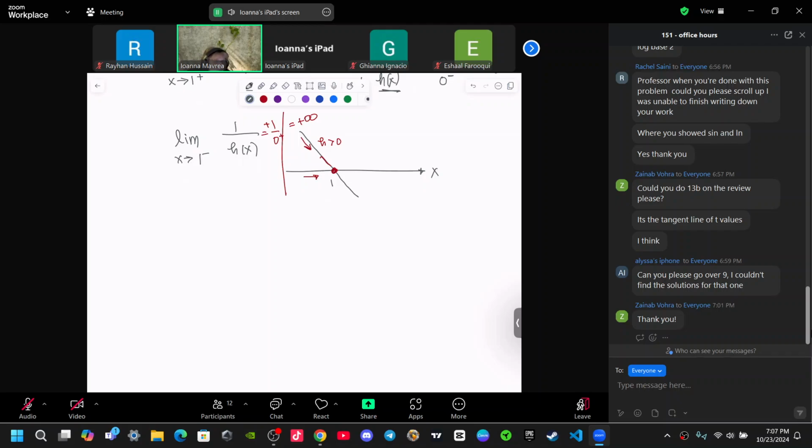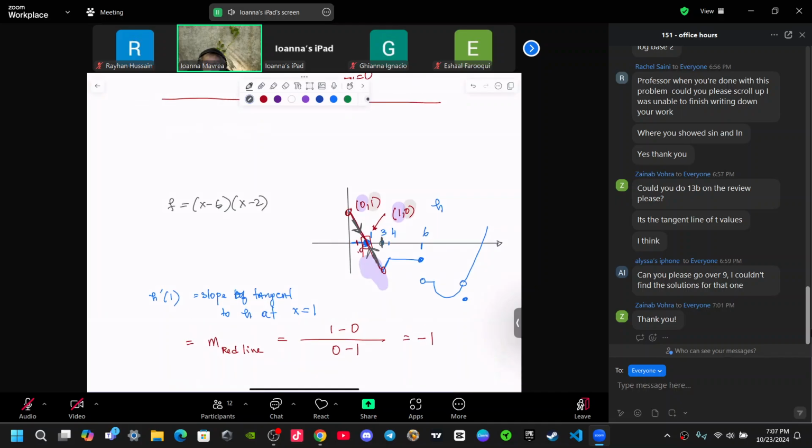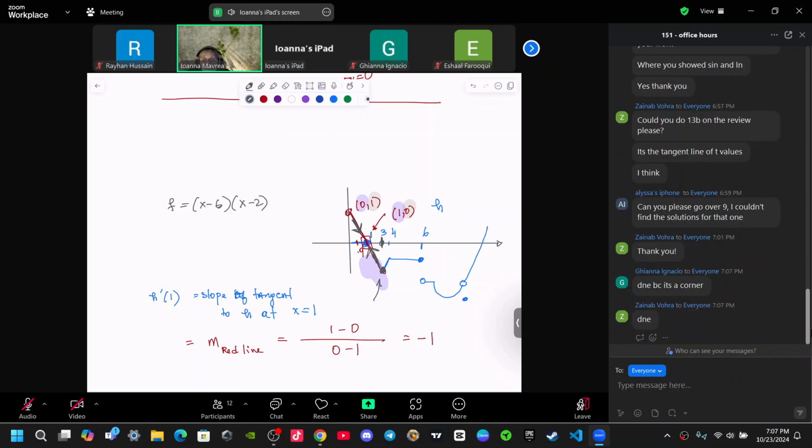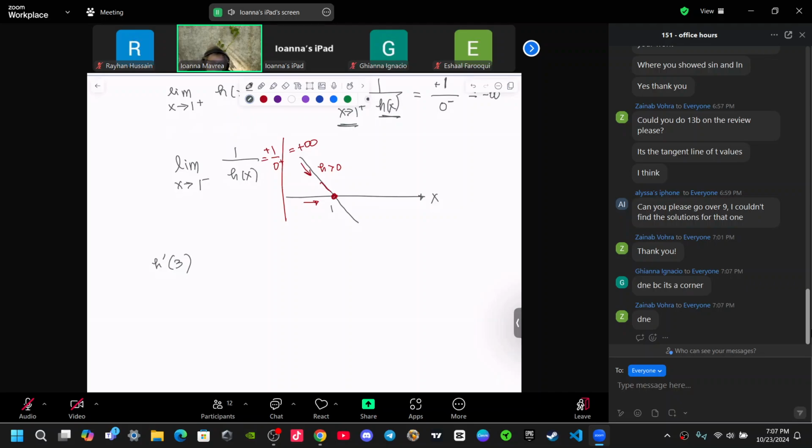Okay, fine. And then you have to find the derivative of 3. What's 3? So the derivative of 3 is right at this point. What's the derivative of this corner? Does not exist. This is where you say does not exist, because it's a corner. Or if it's an edge, does not exist. Okay, and then you're told to find the limit as x goes to 2 from the